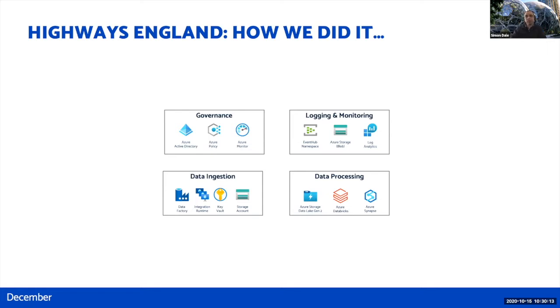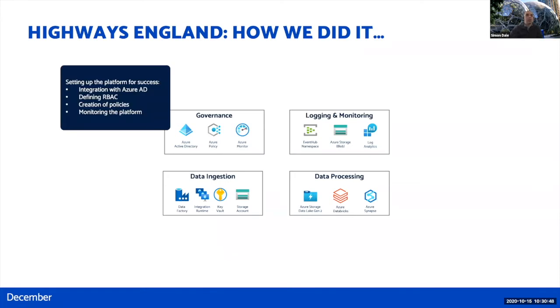We also worked quite extensively with the enterprise architecture team and made sure that what we were building fitted in with their vision for the use of cloud throughout Highways England, and obviously with the InfoSec team as well, making sure that what we were building met their requirements and obligations for protecting that data. So towards the end of December, we deployed what we see on the screen here.